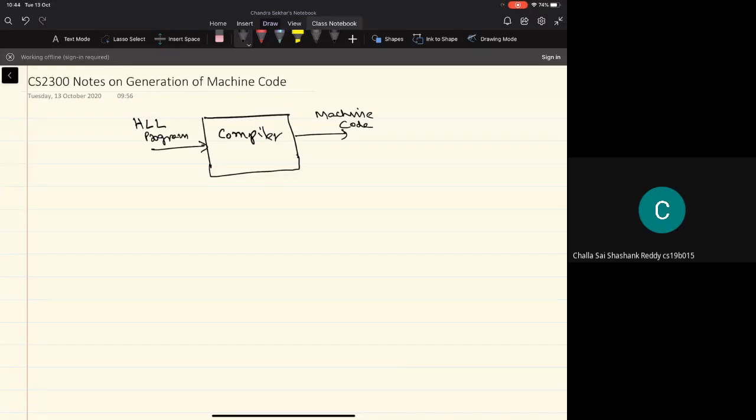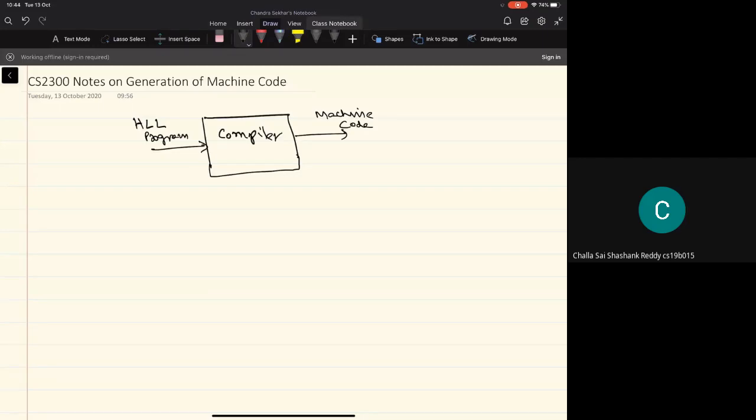So you're familiar with many types of higher level language programs, and I'm sure all of you have gone through C program coding. So I'll take some simple examples from the C programming language, and then we'll try to understand how the statements in a typical high level language program can be converted into a sequence of machine level instructions.